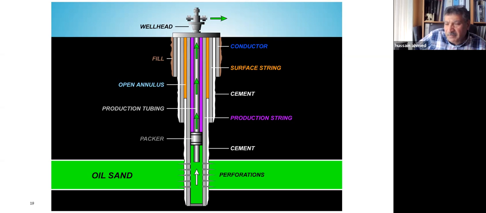Do I have good bonding between the cement and the casing? Do I have cracks in the cement? And why? Do I have corrosion in the casing? Do I have formation damage in the perforated area or zone? Do I have blocked perforation? All this is the meaning of well integrity.